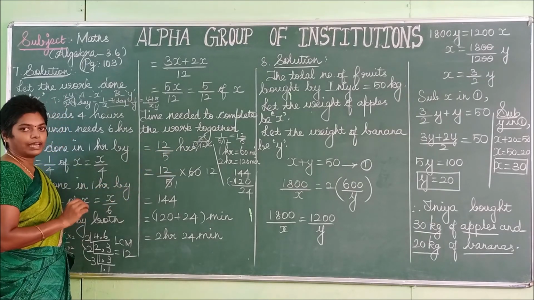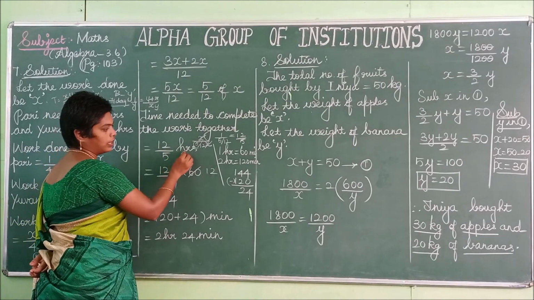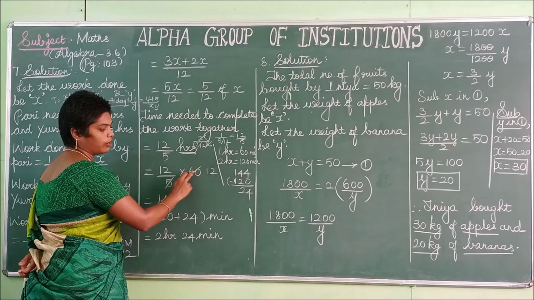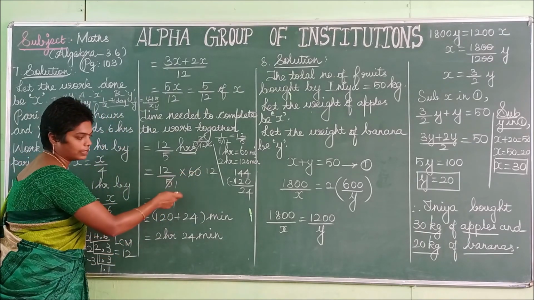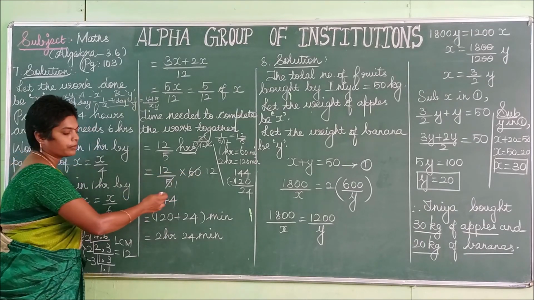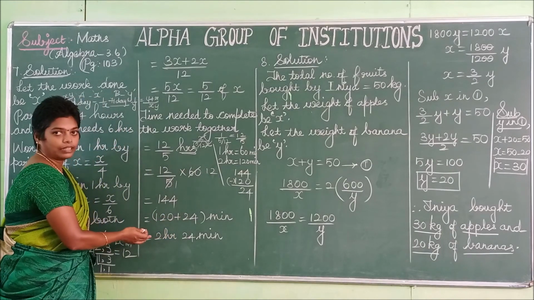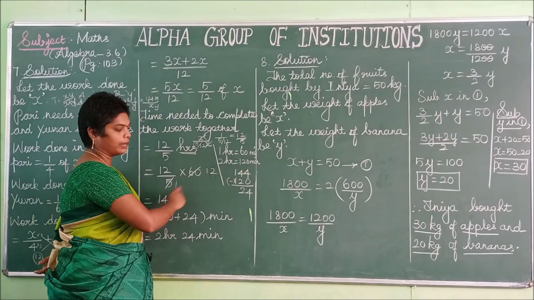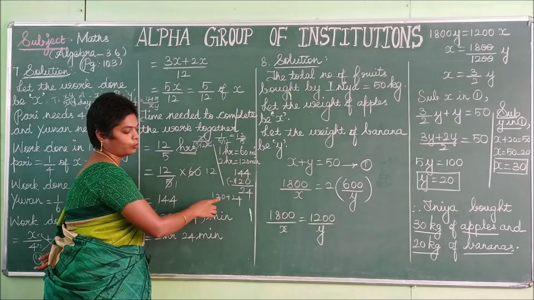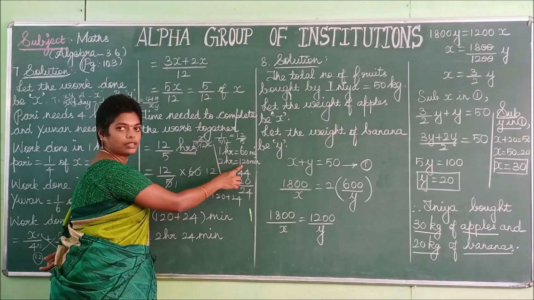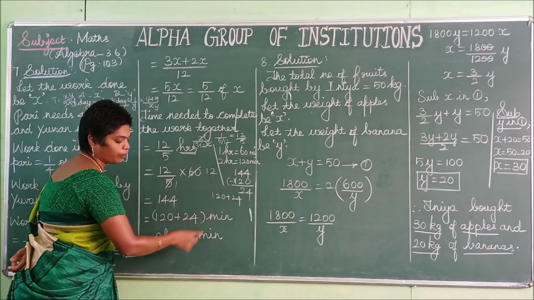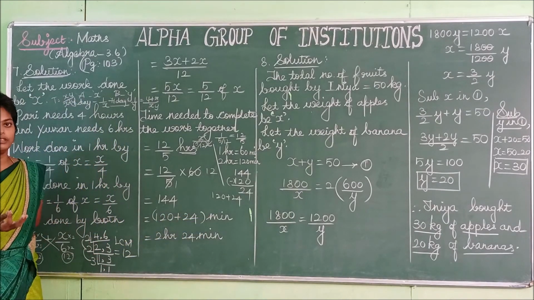So we need to find the time. For that you can convert these hours into minutes. 1 hour equals 60 minutes. So first of all you have to multiply this by 60. Then cancel the value. Afterwards you get 12 into 12, 12 12s are 144. Here you can separate and write, then only you get the hours. This 144 can be rewritten as 120 plus 24. So 120 means 1 hour 60 minutes, 2 hours 120 minutes. You take that 120 minutes as 2 hours plus 24 minutes, because we cannot change that 24 minutes.